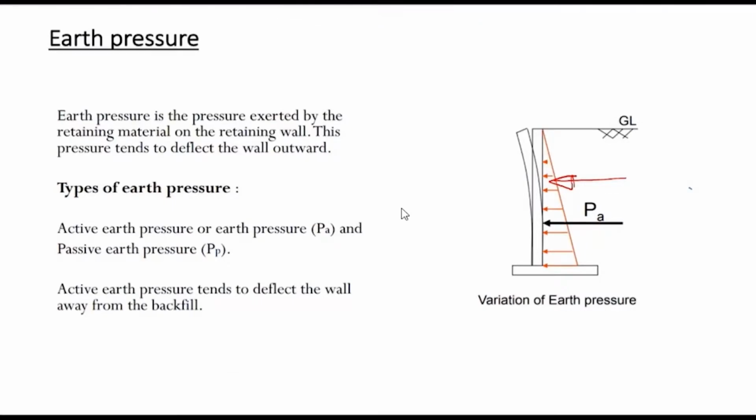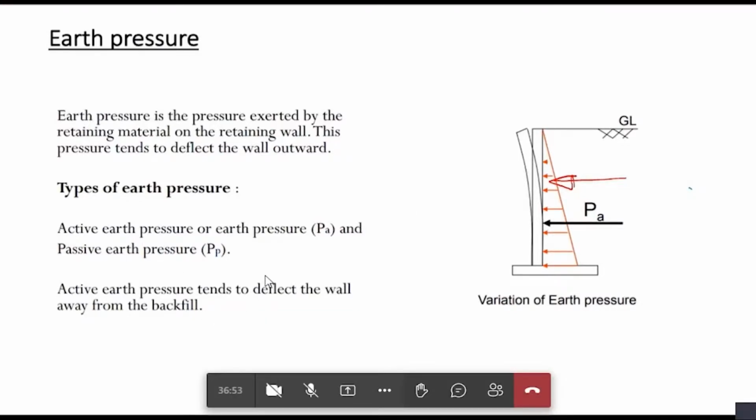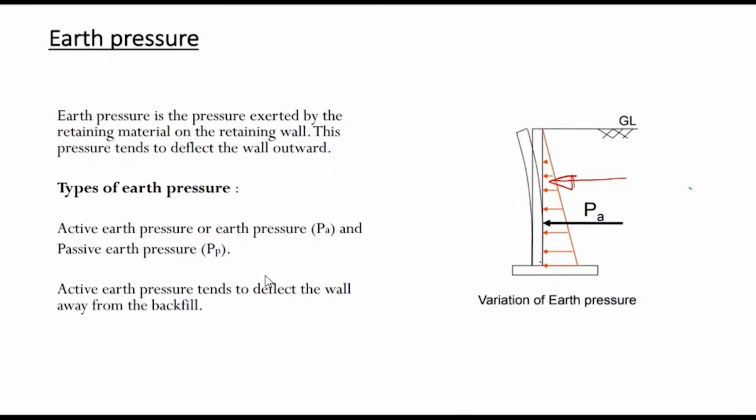We have discussed the mechanism of all types of walls, but we will look at the design of only this cantilever retaining wall. Okay. So this stem has a tendency to deflect like this. So the earth behind this will have a tendency to move in this direction. So these create active type of earth pressure,